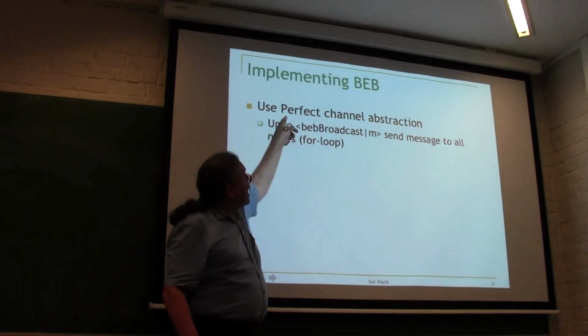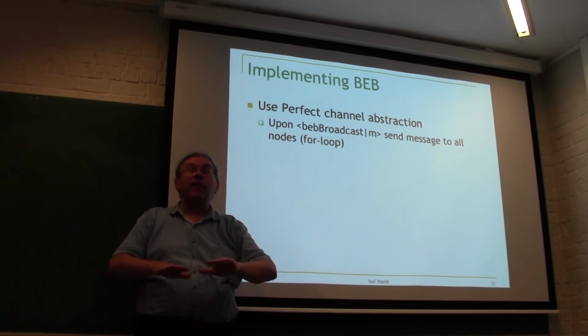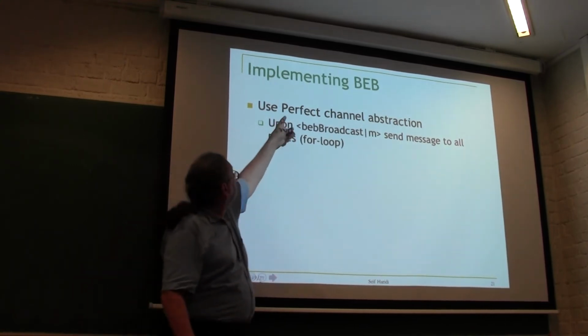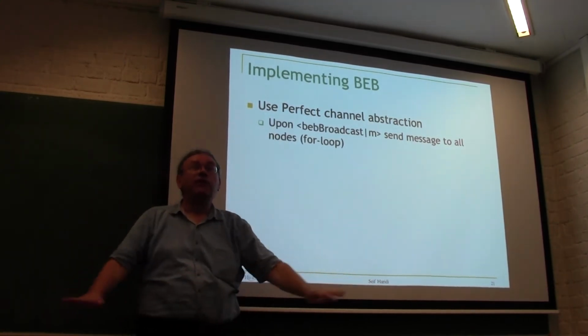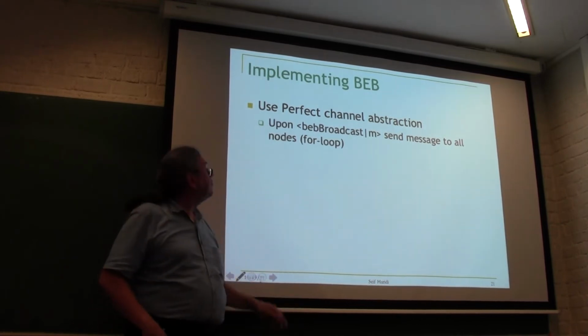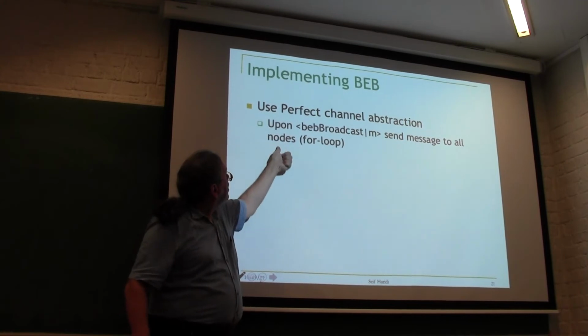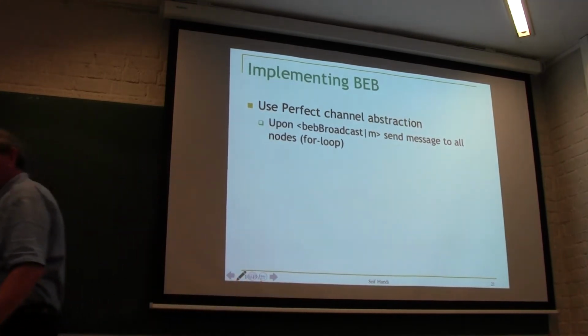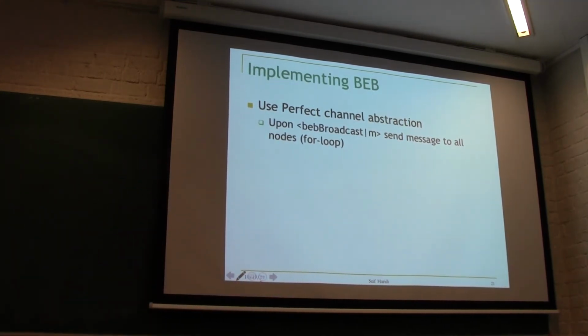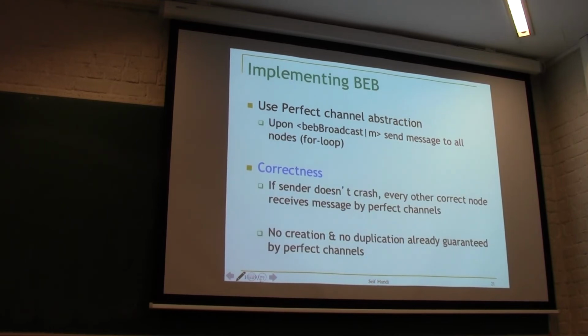You can see it's actually built on top of fair loss. Remember, we built perfect channel on top of fair loss. So the actual thing that the internet is providing us is fair loss. And we build this thing, which is a very naive loop. That's the simplest, totally simplest one.